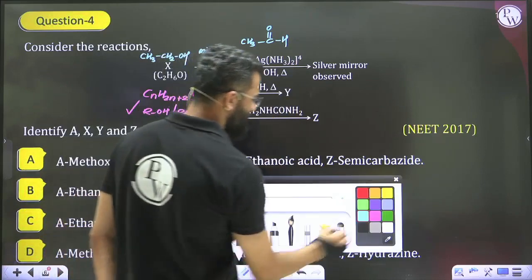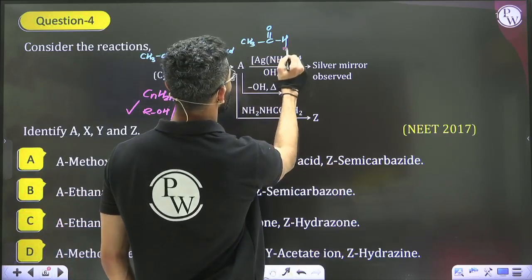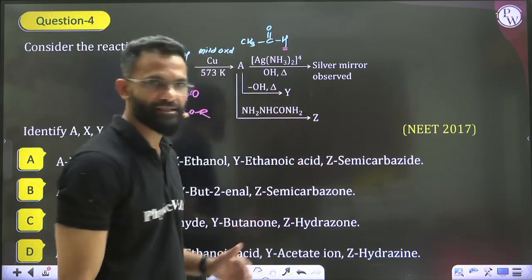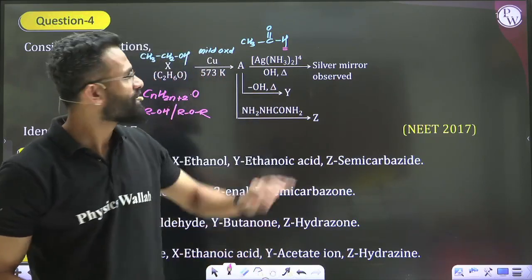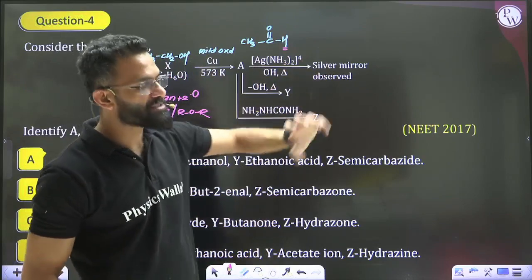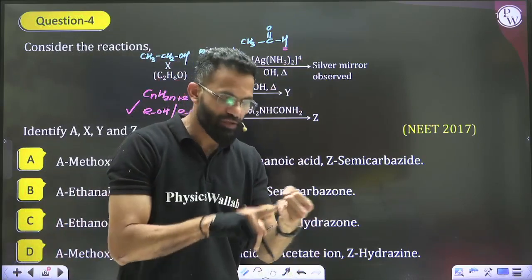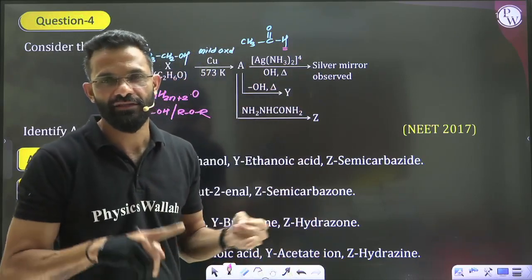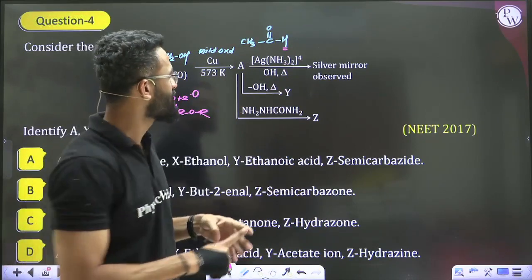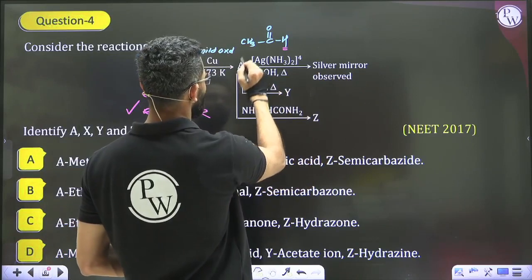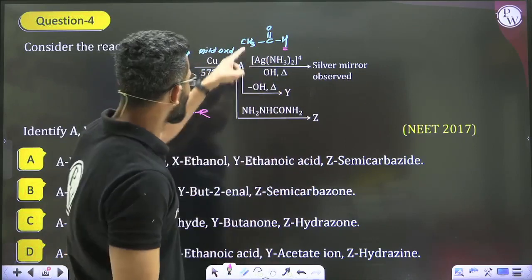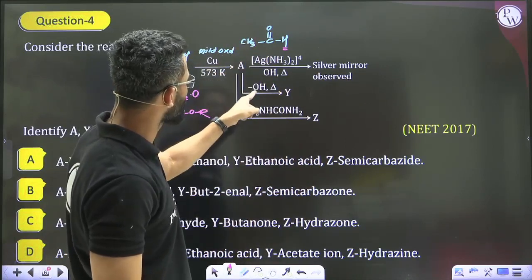Now you can see ethanal contains a hydrogen atom connected to the carbonyl carbon. Such a hydrogen present at the carbonyl carbon atom, we call it oxidizable H. Hence, this can be oxidized by other oxidizing agents like Tollens reagent, Fehling solution, Benedict solution, or Schiff's reagent. And they are saying that a silver mirror is observed, which means this has to be A, meaning this has to be an aldehyde. So that aldehyde containing 2 carbons is further treated with